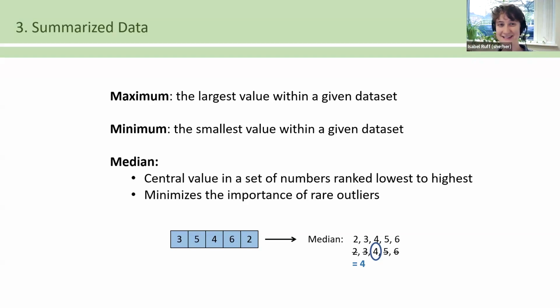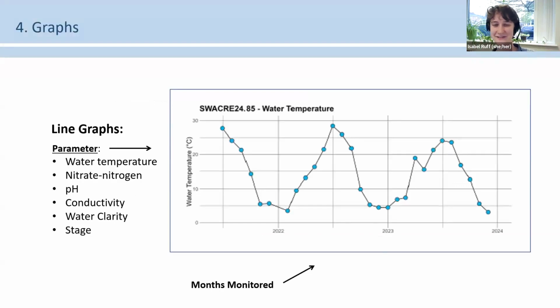So once those summarized data are created, there's a final step as well, where we'll use the raw data, the summarized data, everything to create graphs. So the graphs this year look a little bit different than maybe if you did data interpretation last time around. You can see those points represented by the blue dots. We also have lines in between them to better show patterns. So it's not necessarily a trend line, but it helps visually connect the dots a little bit.